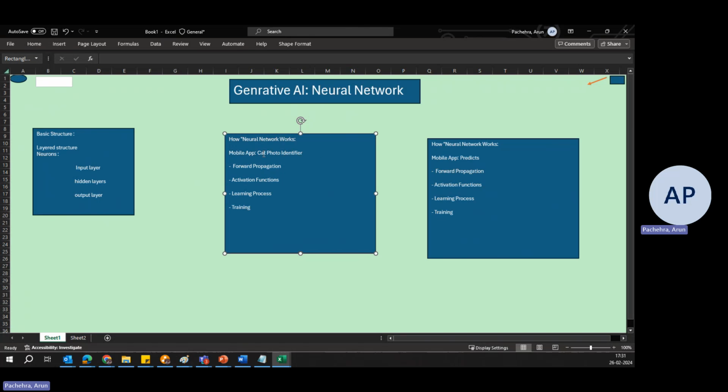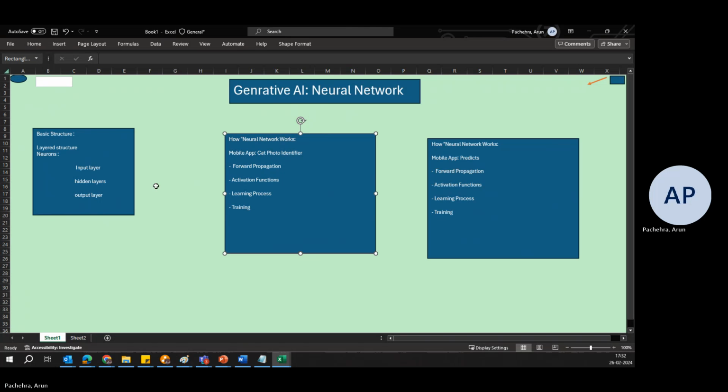So imagine you have developed a simple neural network to determine whether photos uploaded to a social media platform contain a cat. This task involves classifying the photos into two categories, cat or no cat. What was it? Classification, right?